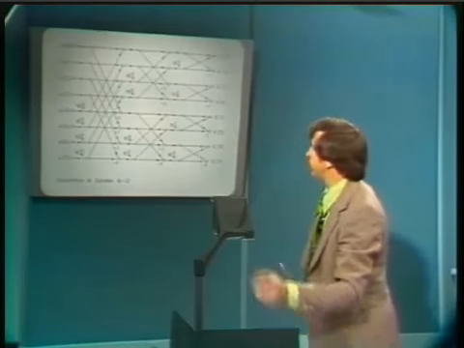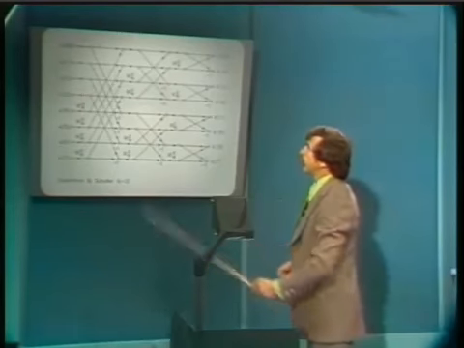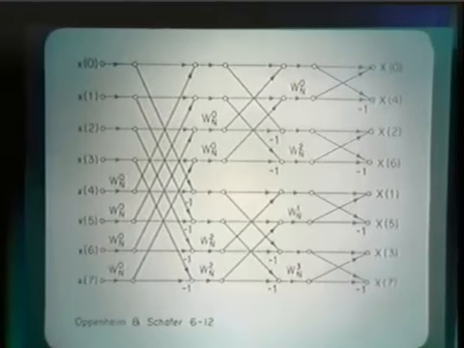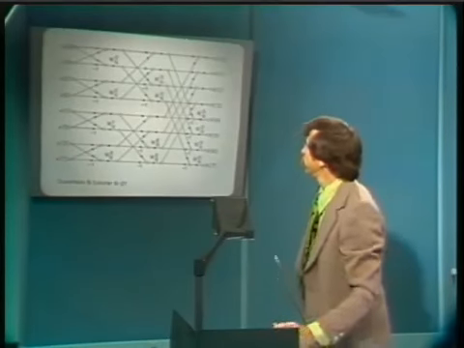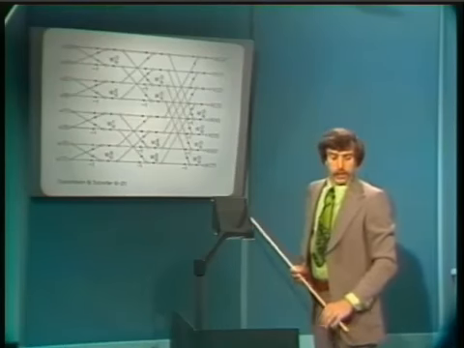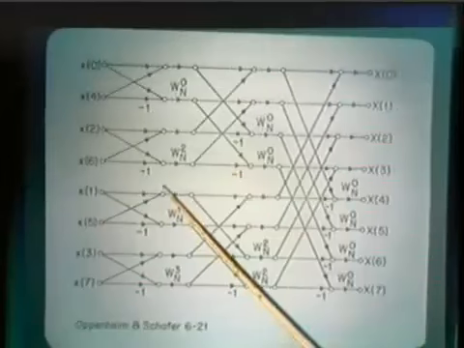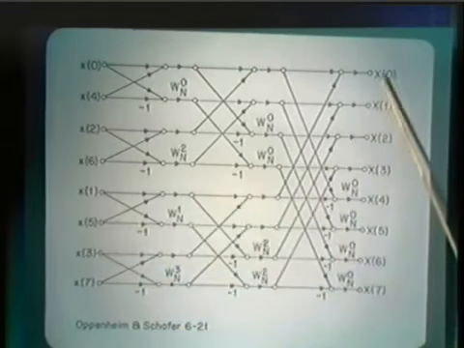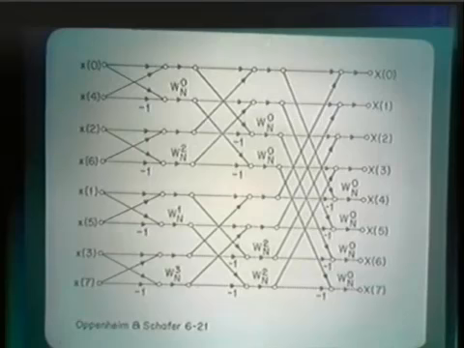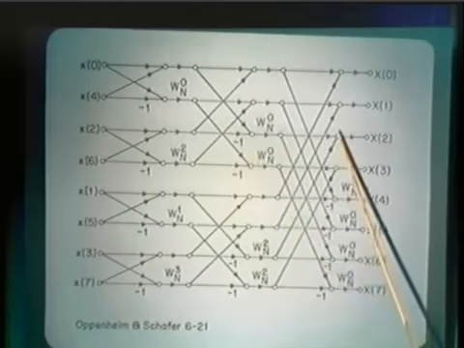So this is a decimation in time form of the algorithm, which is the transposition of the decimation in frequency form of the algorithm that we just looked at. All right, that corresponds then to two possible decimation in frequency algorithms, one in which the input is in normal order, the output is bit reversed, this one in which the input is bit reversed and the output is in normal order. We can also rearrange this so that the input is in normal order and the output is in